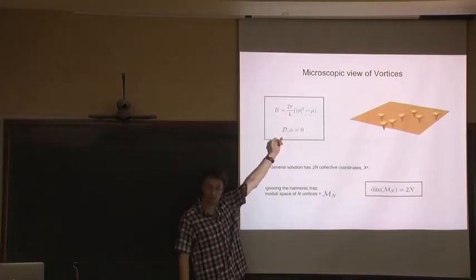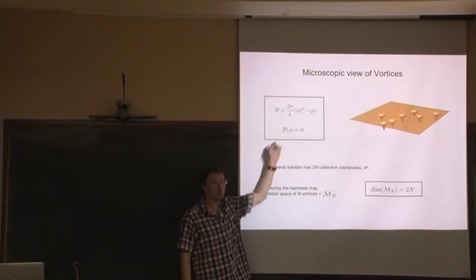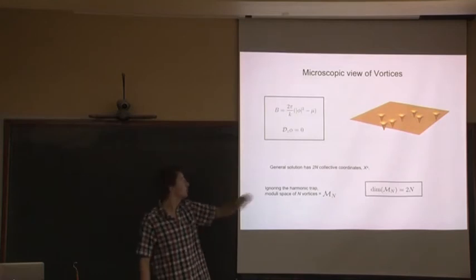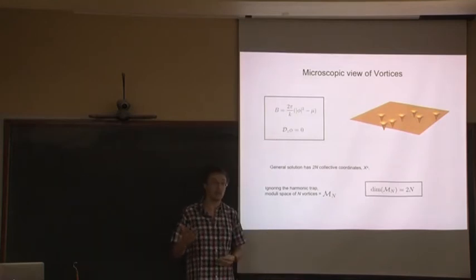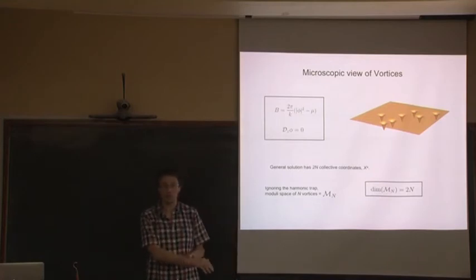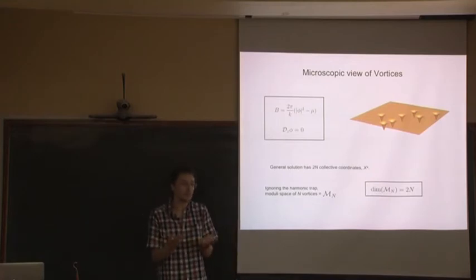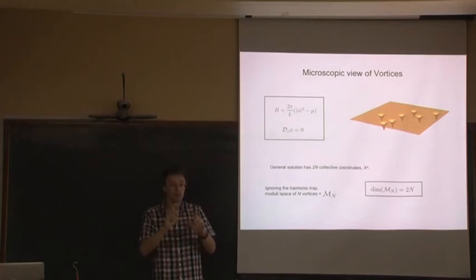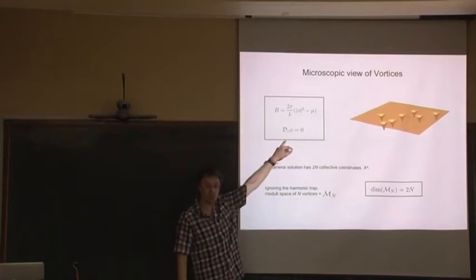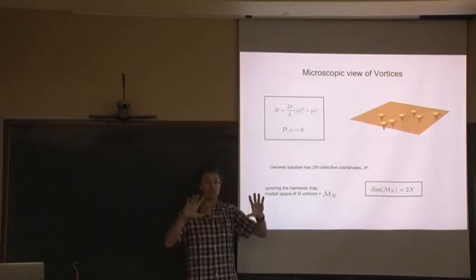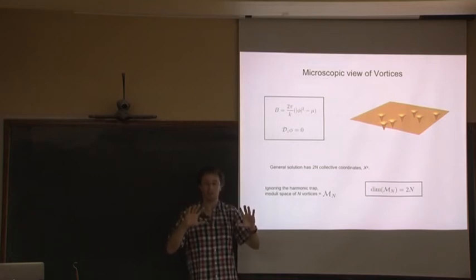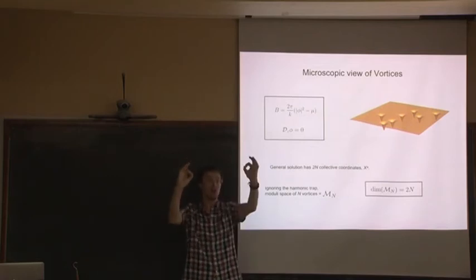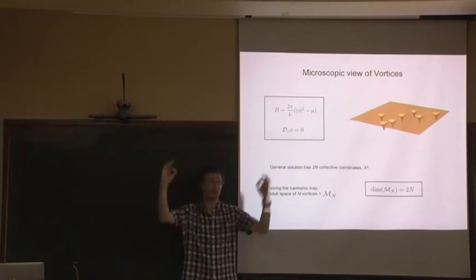These are the equations we want to solve to describe vortices. And what we fix is the winding of phi at infinity. So we say that phi winds n times, and you want to solve these equations subject to that. Now, these were studied to death in the 1980s by mathematicians and by physicists. In particular, a mathematician called Taubes, who's at Harvard, proved that the set of solutions to these equations isn't a unique solution. The most general solution has 2n parameters. And it's very easy to understand what those 2n parameters are. They're just the positions of the vortices, n vortices sitting on the plane.